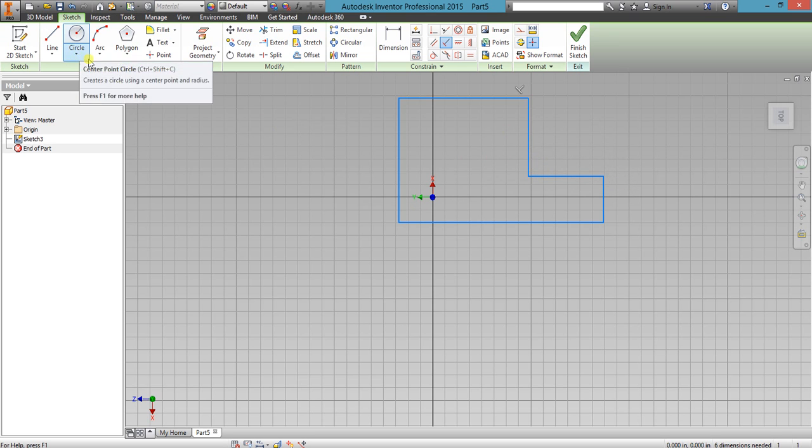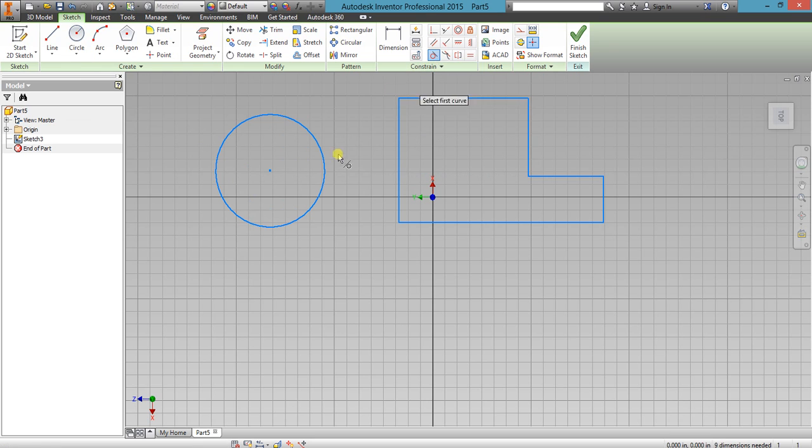Let's move to tangent constraint. I can draw a circle. I want this circle to be tangent to this line, and hence you can see when you apply tangent there is a possibility that the circle will move, and also the length of some of the figure may change if you haven't provided the dimension. So if you don't want your circle to move, you should use a fixed point by fixing its center.